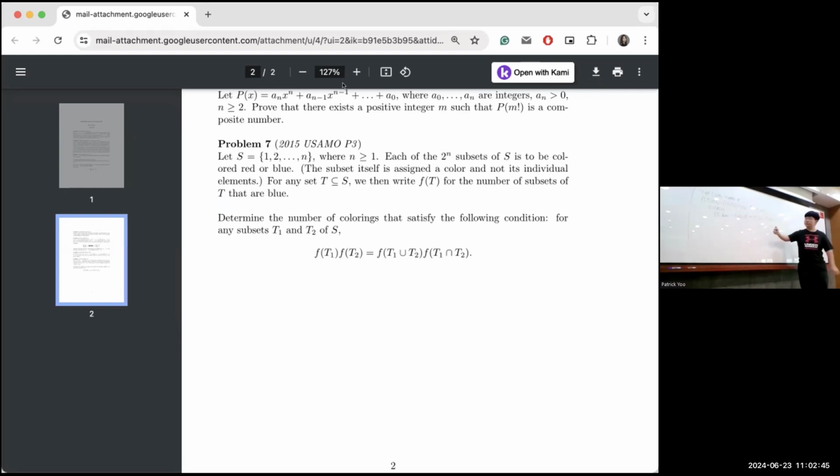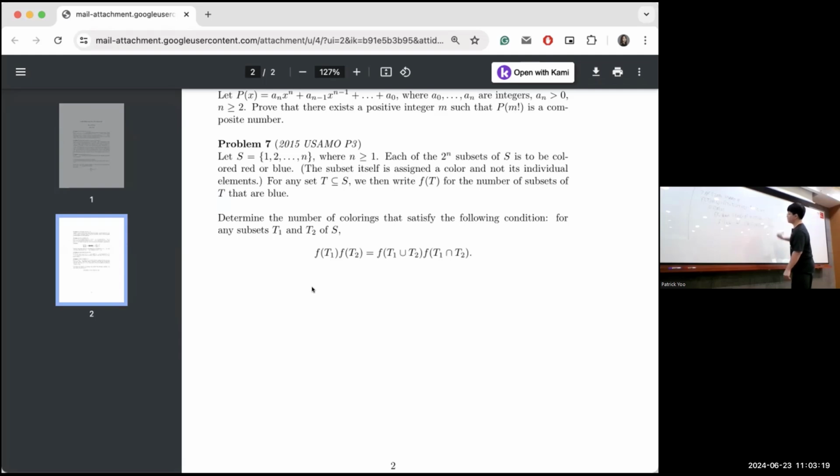So what this tells us is if we take any set and we have its F value, then we can decompose it into smaller disjoint subsets that partition the set. In other words, if we have some set B such that it is B1, B2, all the way to BK, then we can say that F(B) is equal to F of the single element set B1, times F of the single element set B2, all the way to